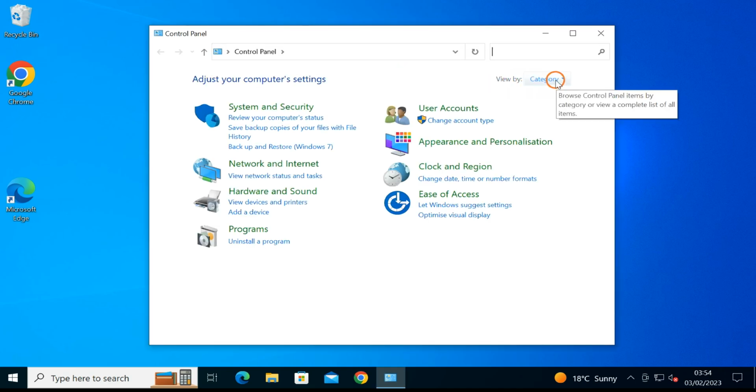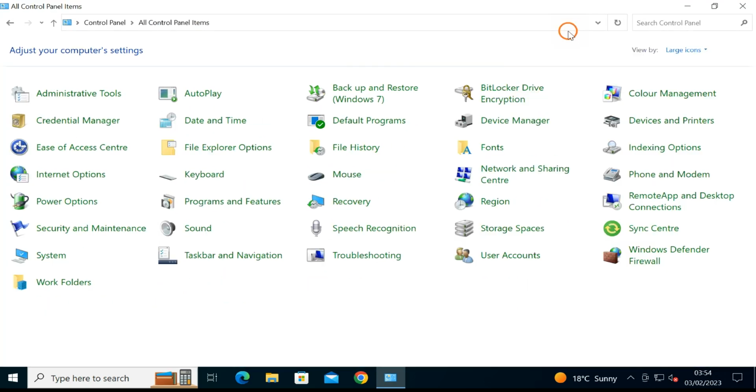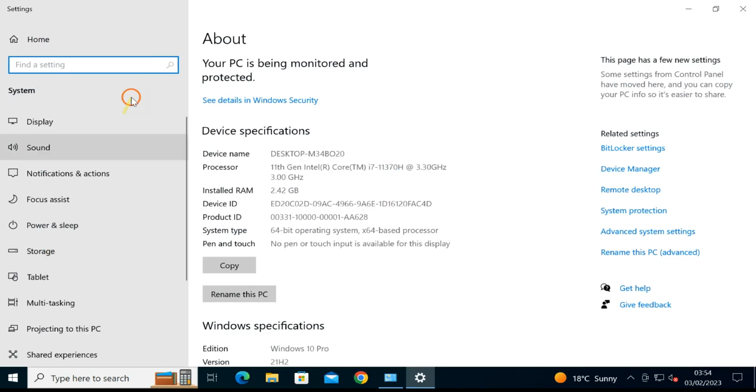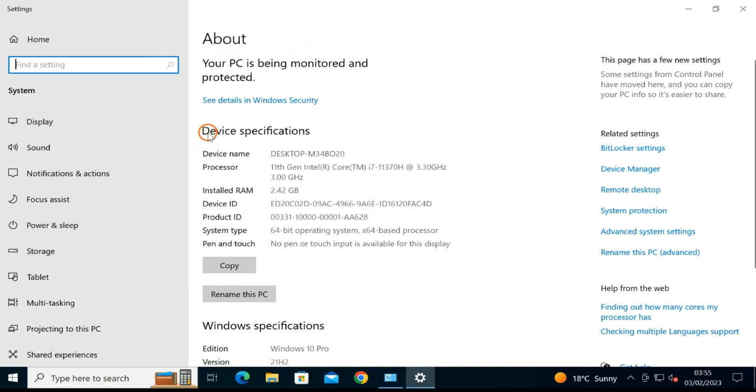Here set view by to large icons or small icons. Then click on the system option. This will take you to the settings app and here you can find under device specifications if your Windows runs 32-bit or 64-bit operating system.